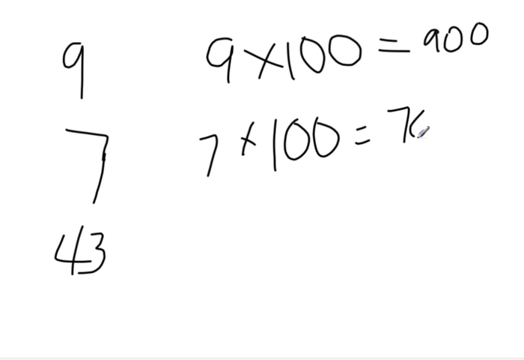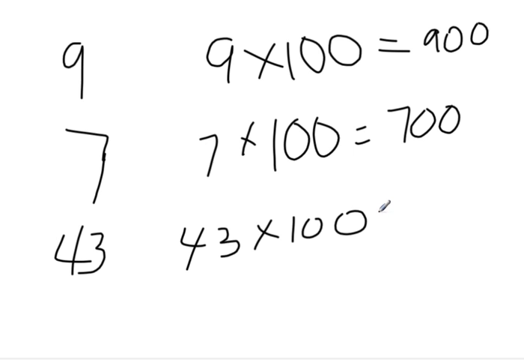My answer is 700. If I do 43 times 100, from the previous page, I knew that 43 times 10 was 430. All I have to do is add one more 0, and my answer is 4,300. If we continue on with this pattern,